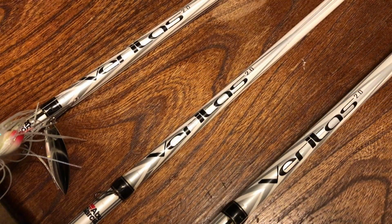We're going to talk about the Micro Guide Veritas 2.0. Now I bought these last year at the beginning of the season before the BFLs began. I bought 3 of these. One of them was not a Micro Guide series. It was a standard guide, and we'll talk about that at the end of the video. The other 2, one was a medium heavy Micro Guide, a 7.3, and the other was a medium Micro Guide